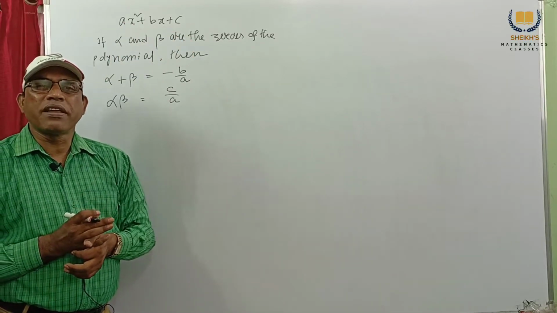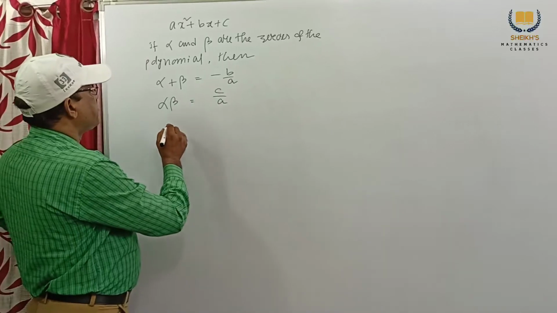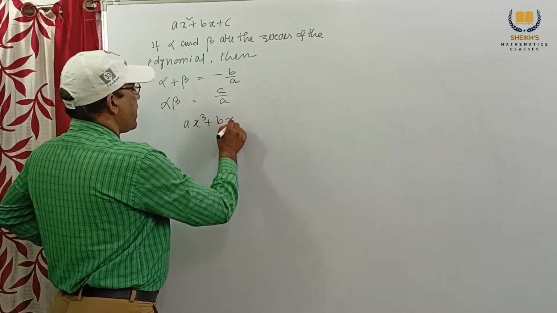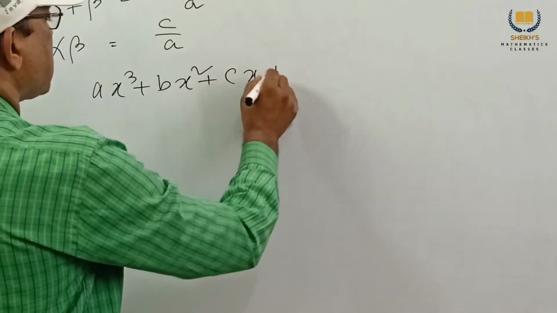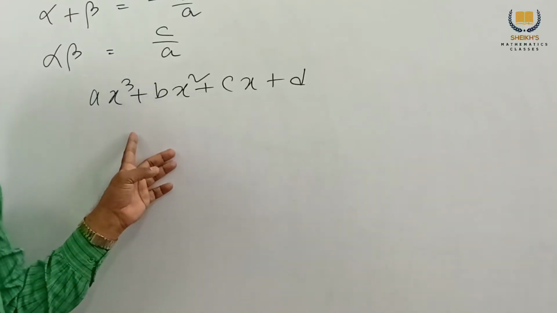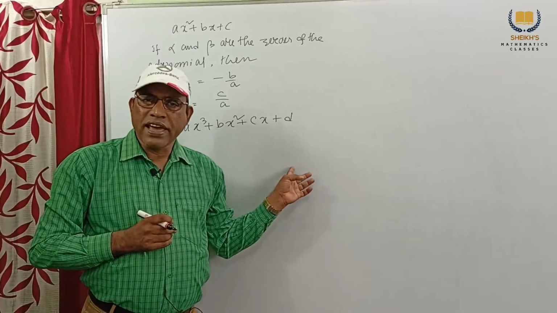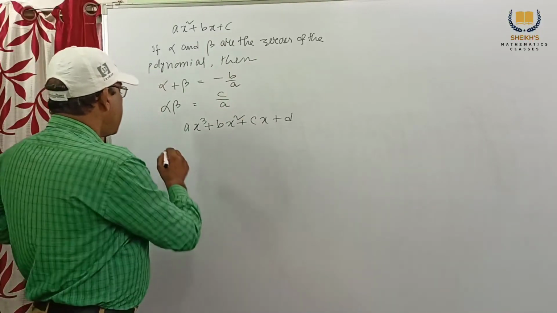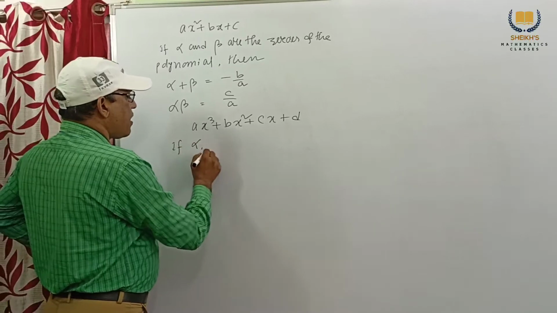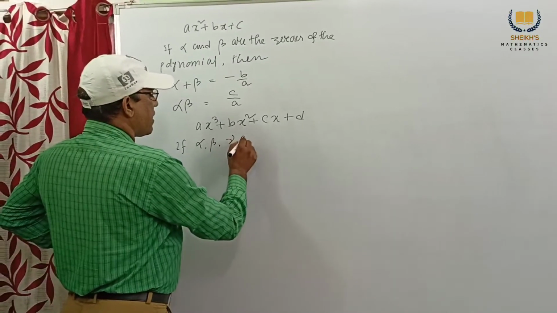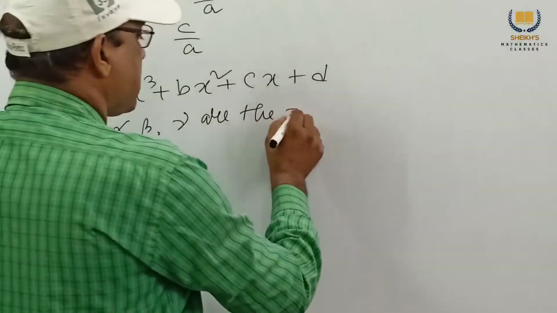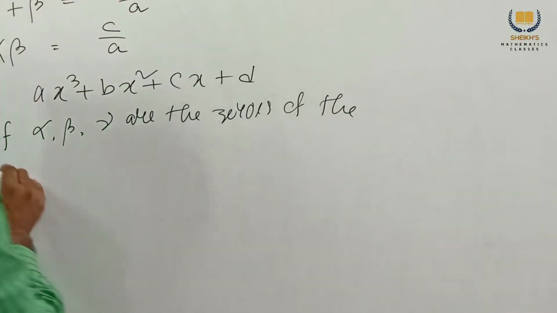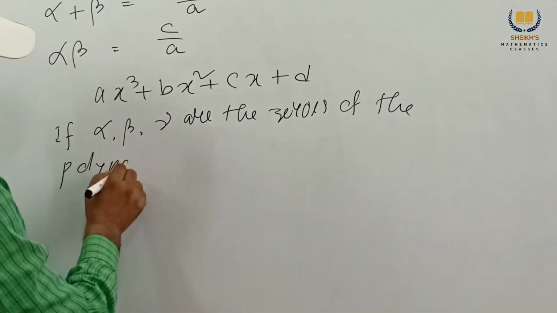If a cubic polynomial is given, suppose this polynomial is given: ax cube plus bx square plus cx plus d. This is the cubic polynomial. Cubic polynomial means it has three zeros. Quadratic means two zeros. It has three zeros. If alpha, beta, gamma are the zeros of the polynomial,